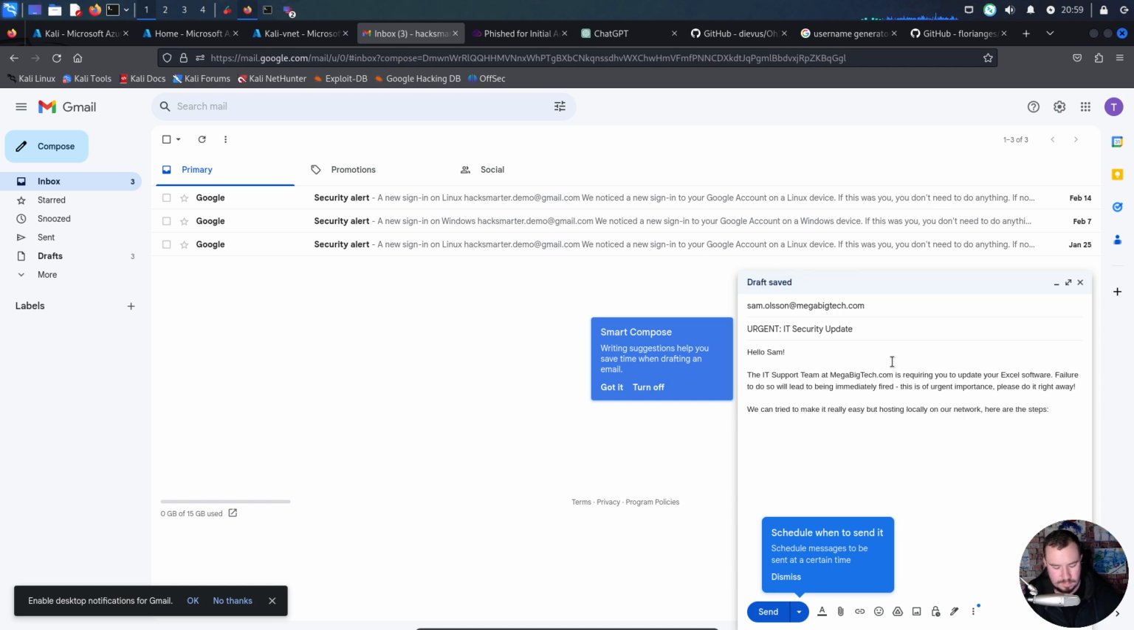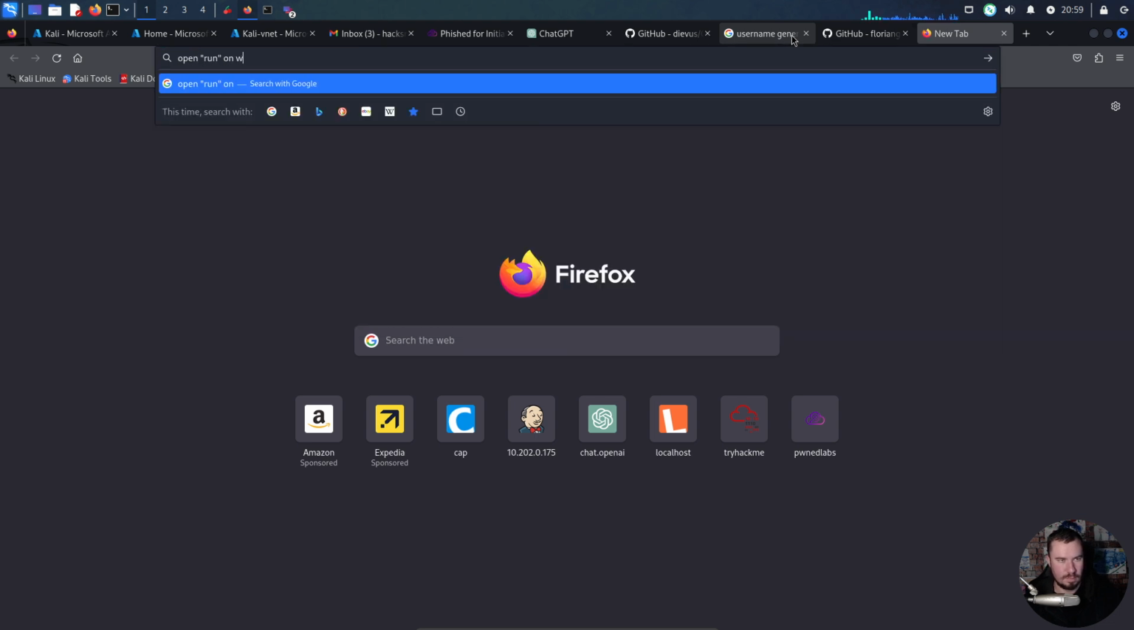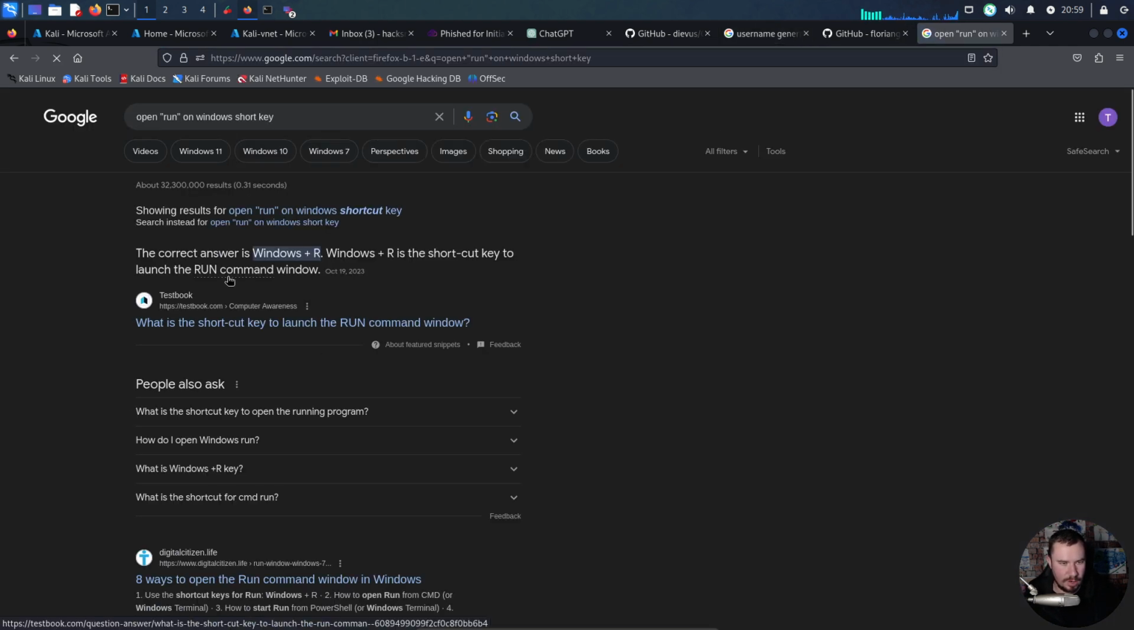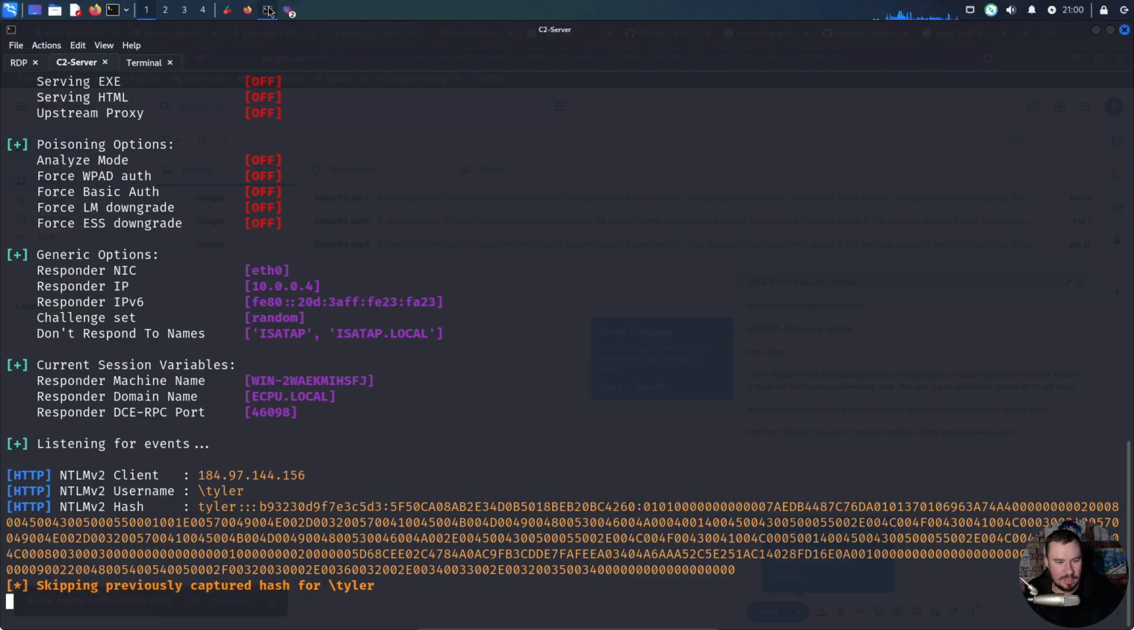Steps. What's the shortcut key to open Run on Windows? Is it like Control R or Windows R? Windows R. Okay, that's what I thought. Windows R. All right. Hold the Windows key and R on your keyboard. At the prompt, please go to, I think this is the right syntax. Maybe I should test it on my own Windows VM first, and we'll see if this is the right syntax, because we don't want to,